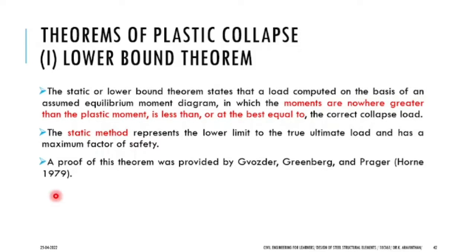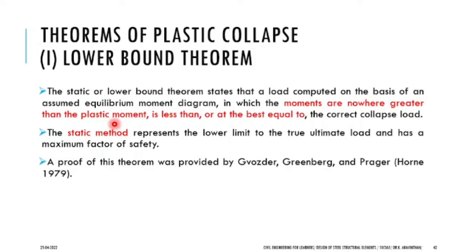For all the shapes it is well defined, and you just need to understand those concepts. The key phrase here is that the moments are nowhere greater than the plastic moment. If you find the plastic moment, this lower bound theorem states that the moments are nowhere greater than the plastic moment, and is lesser than or equal to the correct collapse load. How will you find the collapse load? You take the system as under equilibrium condition, and by considering the equilibrium condition